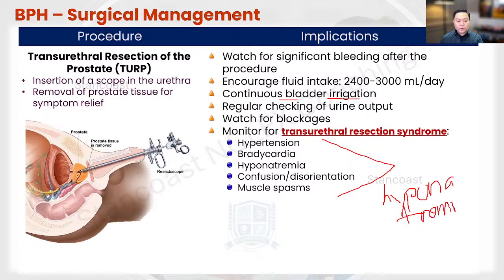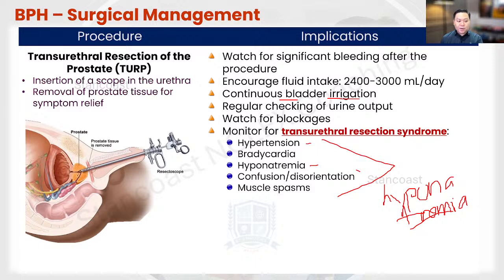It's kind of weird though, because the patient has hypertension because the fluid that is irrigating has probably gone through the systemic circulation, adding to that volume and diluting the sodium level. That's why there's hyponatremia. The confusion and disorientation is associated with the hyponatremia as well, and the muscle spasms. So this is something that you need to keep an eye on